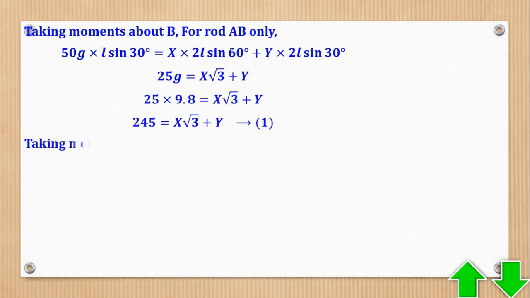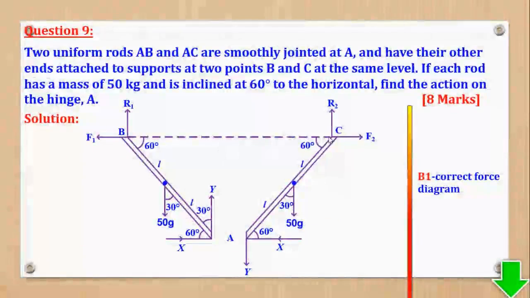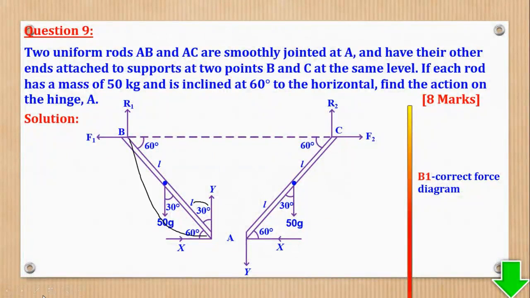Now we shall again take moments about C for rod AC only to come up with that. So let's see where they come from. So moments about C for rod AC only, about this one. For this one, the angle is 30, meaning the moment will be 50g times L sine 30 degrees. Then for this one, the angle is 60, meaning the moment will be X times 2L sine 60